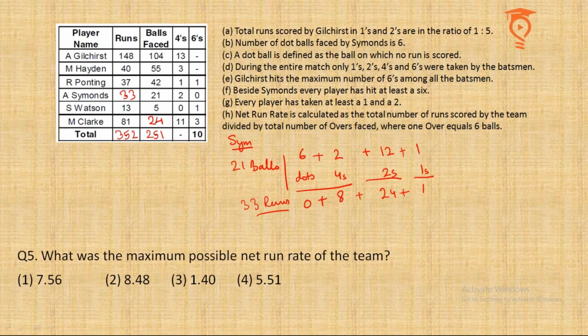So run rate is like the total number of runs divided by total number of overs. We have total number of balls. So what we'll do is we'll find the run rate as total number of runs divided by total number of balls multiplied by 6, because we were supposed to divide by number of overs. Okay, so this is going to be the net run rate, let's call it NRR, and if you calculate it, it will come out to be roughly 8.4. So another set of minimization maximization taking the story of cricket in it.